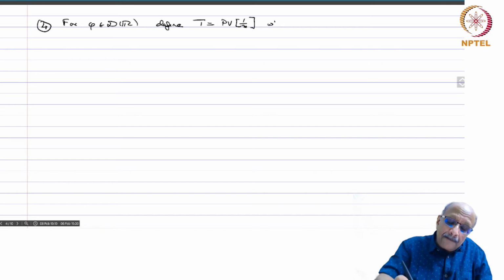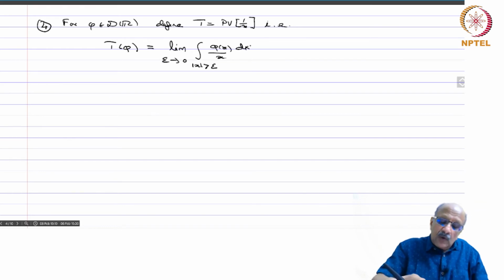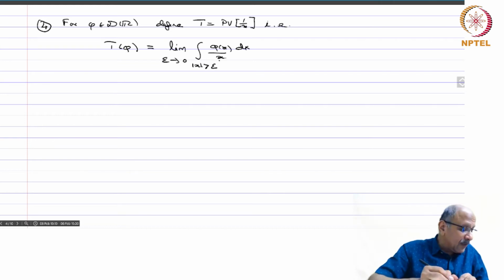That is, T of phi equals limit epsilon tending to 0 of integral mod x greater than epsilon of phi x by x dx. So what we are doing is, the only singularity of 1 by x is at the origin. So we are excluding, cutting out a neighborhood of the origin and integrating this function as though it is 1 by x, and then trying to take the limit as epsilon goes to 0. We have to show that this limit exists, so that T phi is well defined and gives you a distribution indeed, and then the rest of the problem is to show